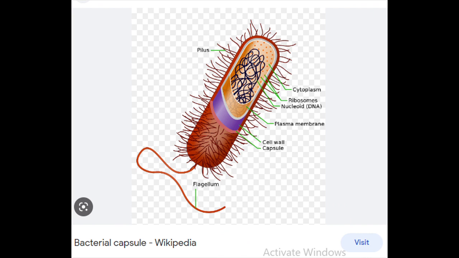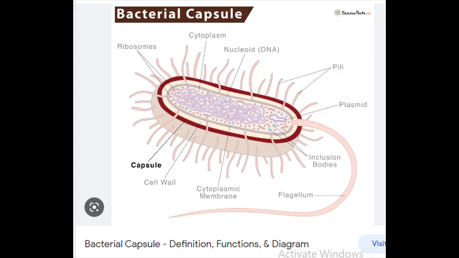Monotrichous flagellation means the organism, the bacterium, has one flagellum. So when you draw an organism like a bacterium, you can draw a sphere or a cuboid to represent it, and then you draw out just one flagellum from that bacterium. That is monotrichous. Mono means one. So we also have